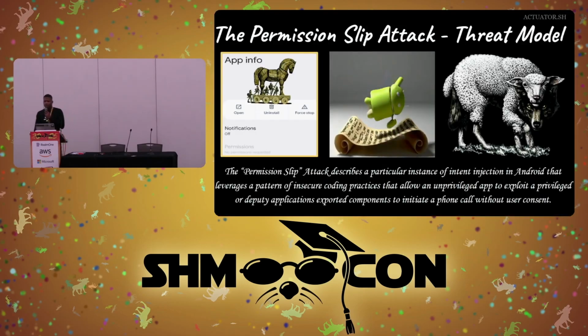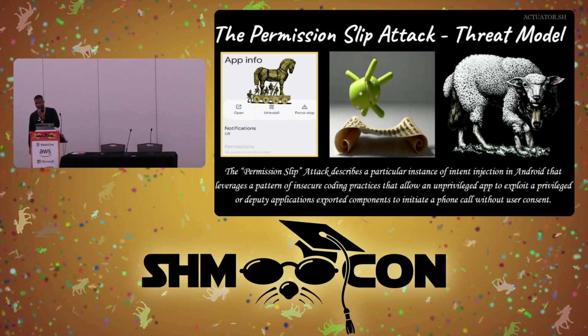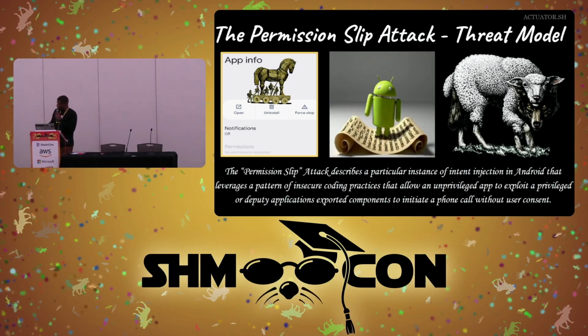So what is the permission slip attack? In short, I made it up. The long explanation is that it describes a particular instance of intent injection in Android that leverages a pattern of insecure coding practices that allow an unprivileged app to exploit a privileged or deputy application's exported components to place a phone call. And the way I like to visualize it is, if you think about a ship manifest, where